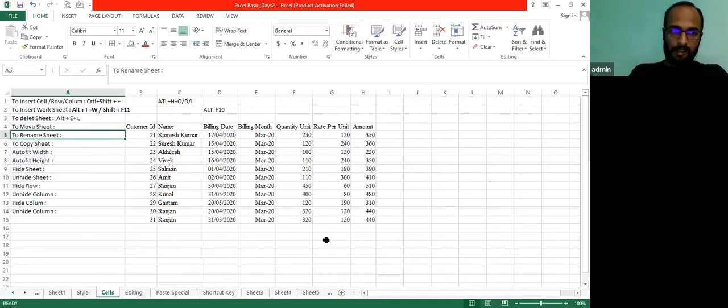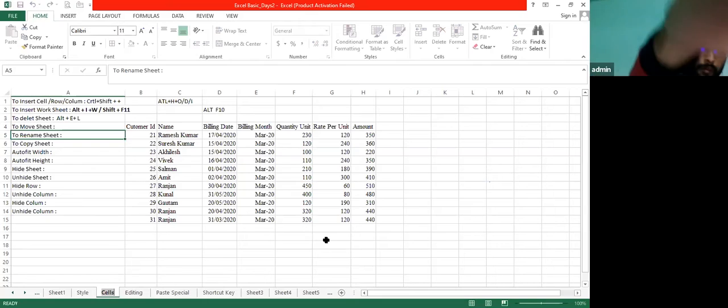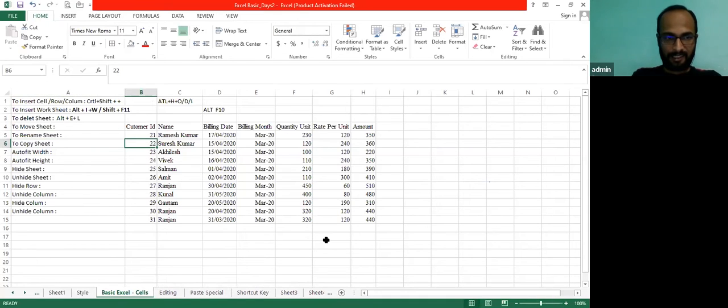So you just need to press Alt H O R. You can see on the bottom where the default name of your Excel workbook is written. Let's suppose I need to add here basic Excel. Yes. Alt H O R to rename sheet.